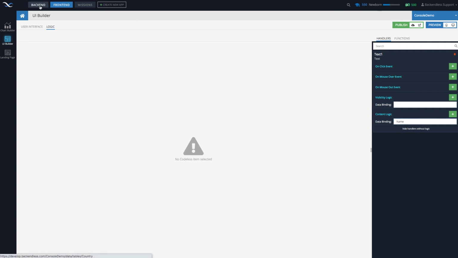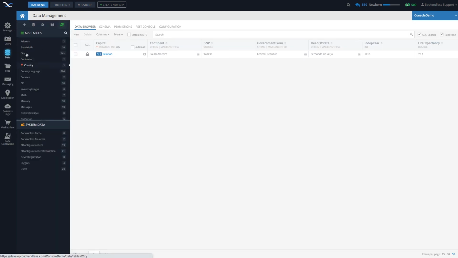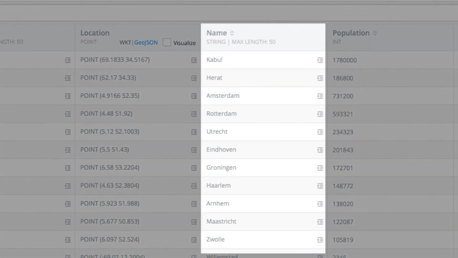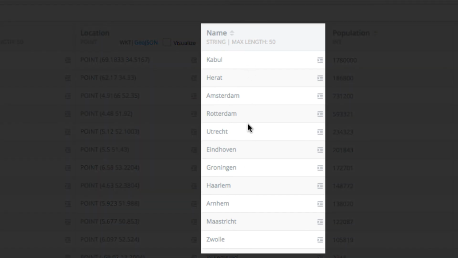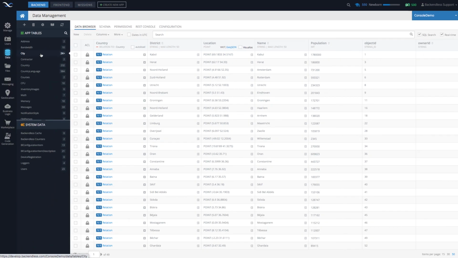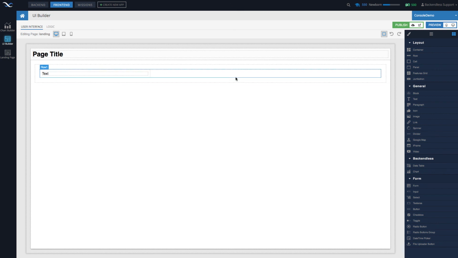Let's switch back to the backend and go to the city table. Notice that in the city table we have a column called name, and it contains just the name of the cities. So when we're binding to name, we're actually binding to this property in the city table. But technically speaking, we're binding to the property in the data model. And the data model for an individual row right here is going to be a specific city object. Let me show you how we get to that specific city object.